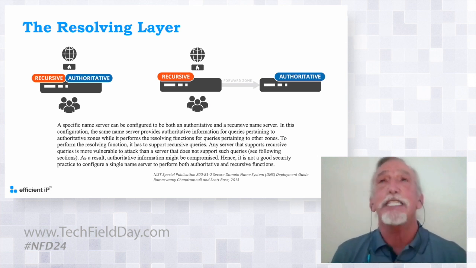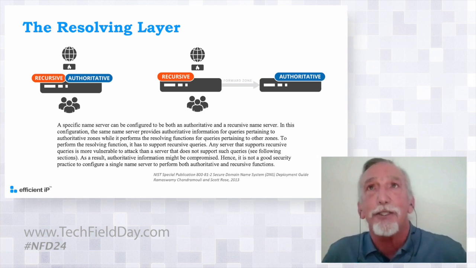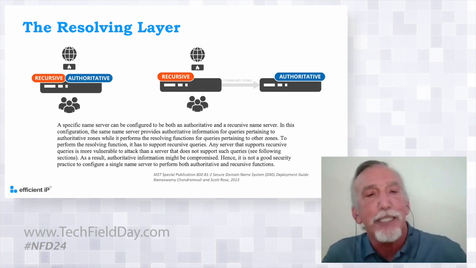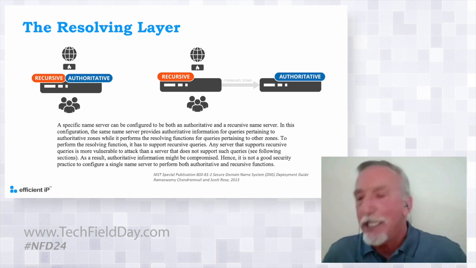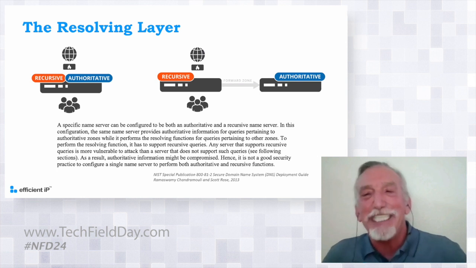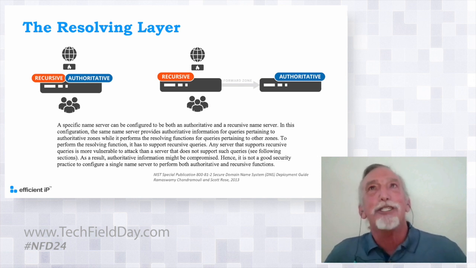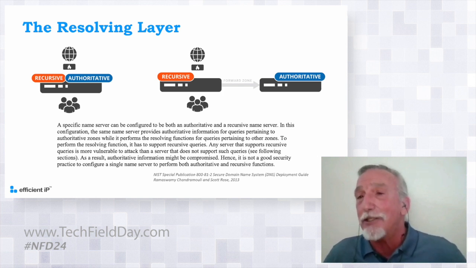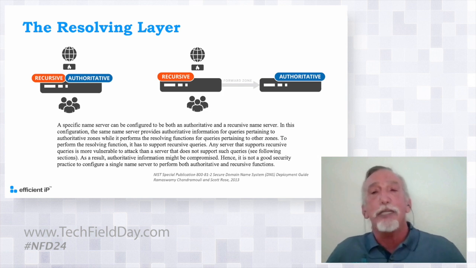The second piece is that the recursive server can be one manufacturer's and the authoritative server can be another manufacturer's. And I like to point this out as being layer 8 of the OSI model, right? Politics. Some people like to add records the way they've been adding them for the last 10 years. They don't want to give up control of that, but you're able to put all kinds of different functions and features at that recursive layer while letting them work on the platform they're very comfortable with.